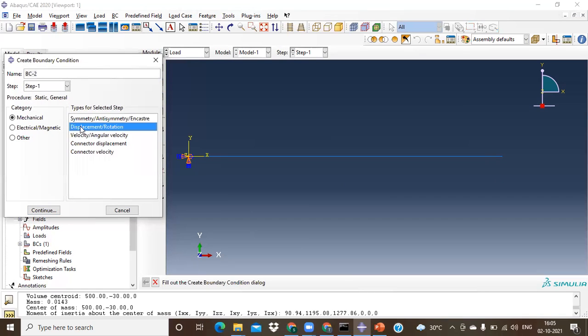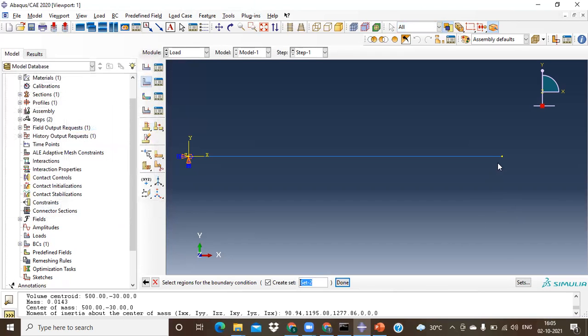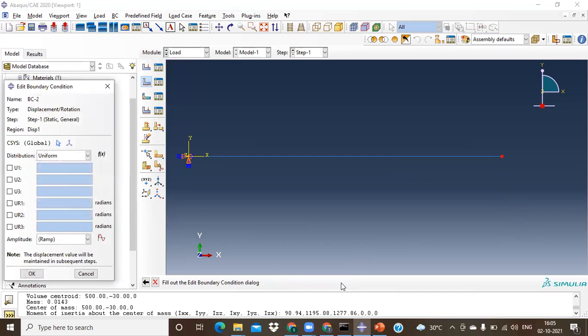And this time it is a displacement that I would like to apply. So I can select this as a displacement and continue. Now I just need to pick this point. If you want to apply a displacement over here also, that's possible. Slowly I'll come back and tell you that. Now the only possible point is this one, so I can just select this one. I can name this Displacement-1, because I'm going to create multiple displacements again and again. So I'll just do that.